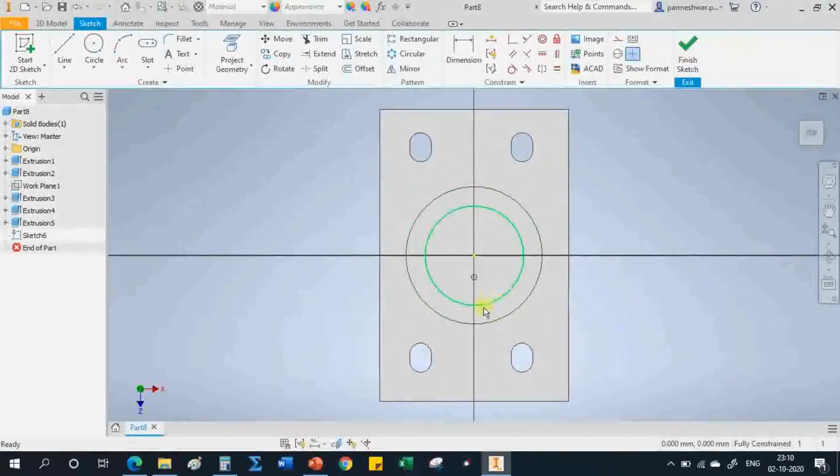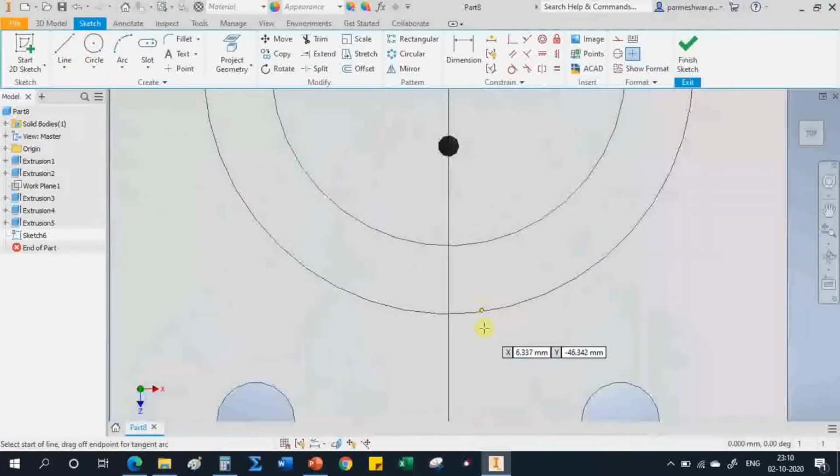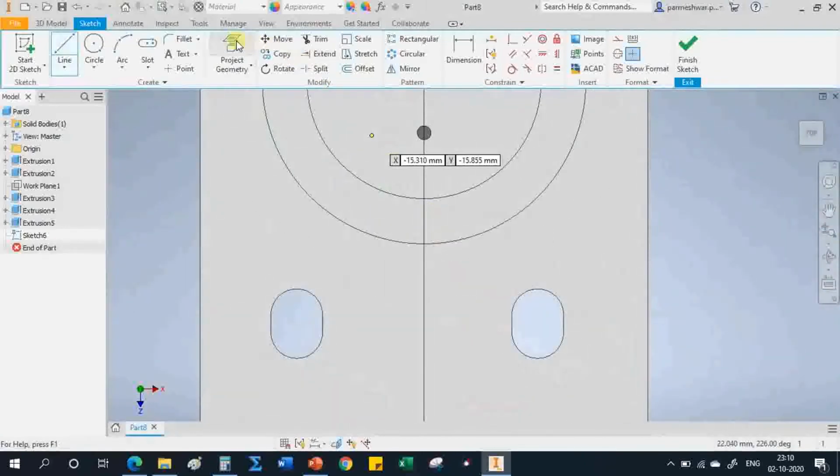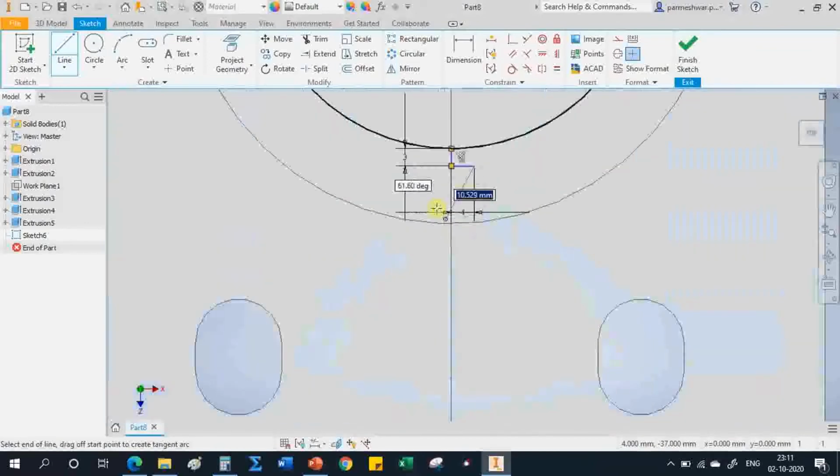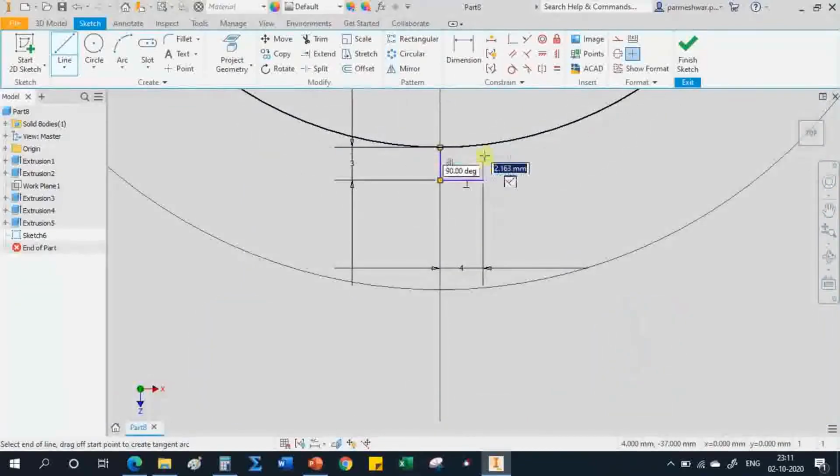Now I want to make it here, not on this side, because that sunk recess is in the direction of the side of this hole, the pinhole only, right? So select the line command, project geometry first, right, then line command, from this point make a 3 distance here, and in this direction it is 4, because the total width is 8. Make it up to the circle, right?